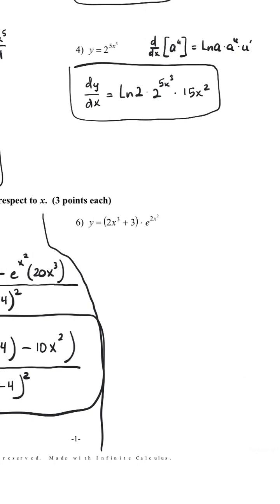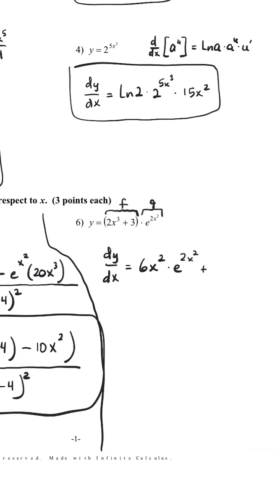Question 6 is going to use the product rule. So we have two factors here, this product, that factor times that factor. So if we call that one f and g, then the derivative is f prime times g